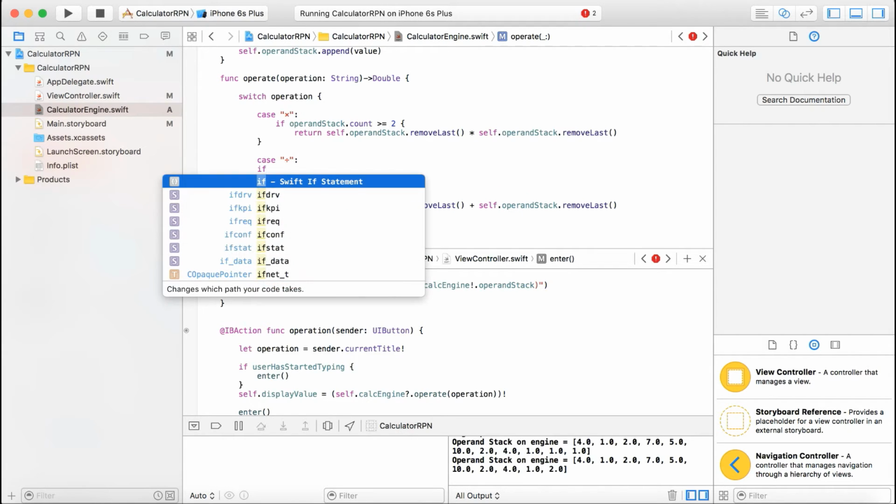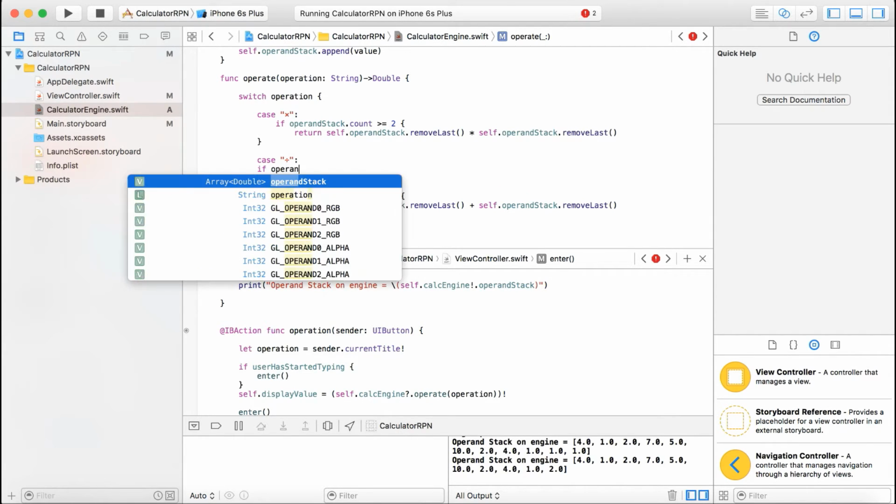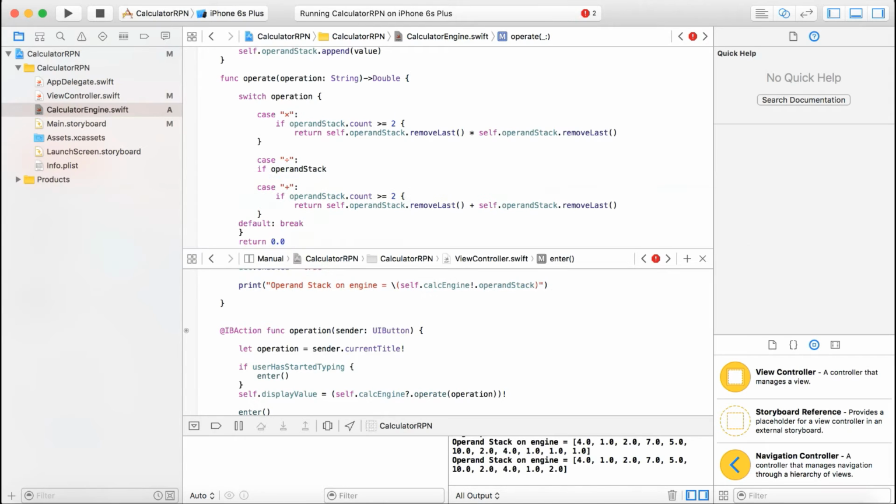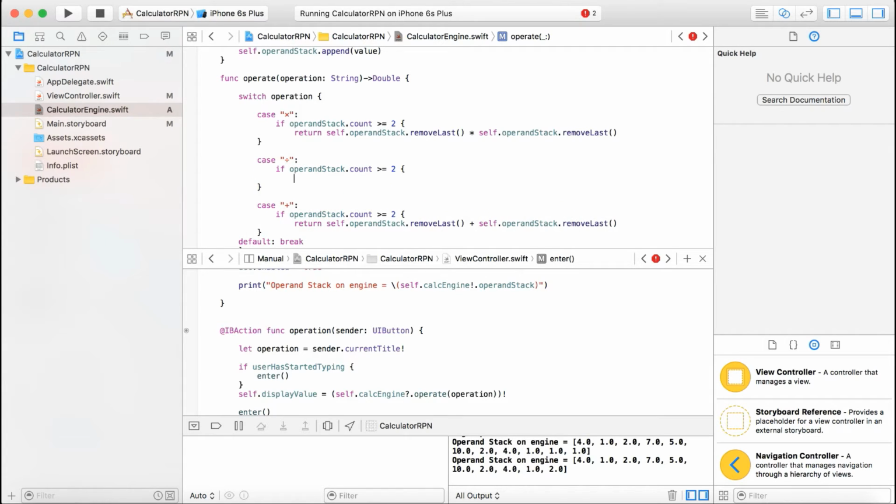Okay, I'm going to do if operand stack dot count is more than or equal to 2. What I'm going to do now is going to be a bit different. I'm going to do return